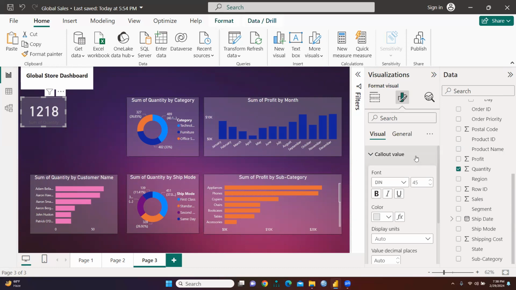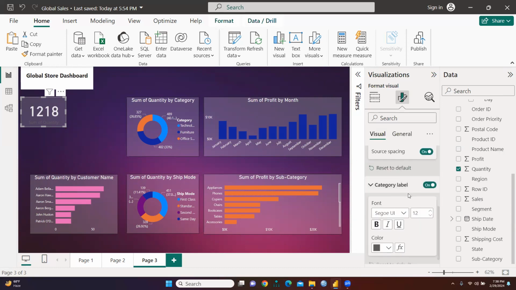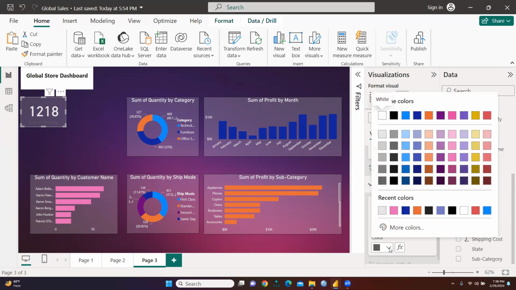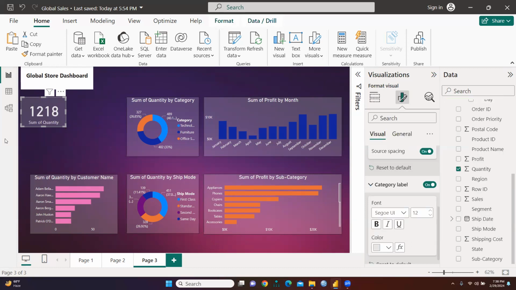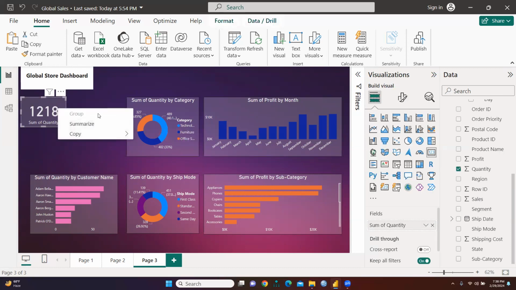I had given this value. And after that, I've changed the color and the category level also. We will go to the category level. I don't want this one, the sum of quantity. Now it's visible. So simply what we have to do, we will copy, or you can do this one,